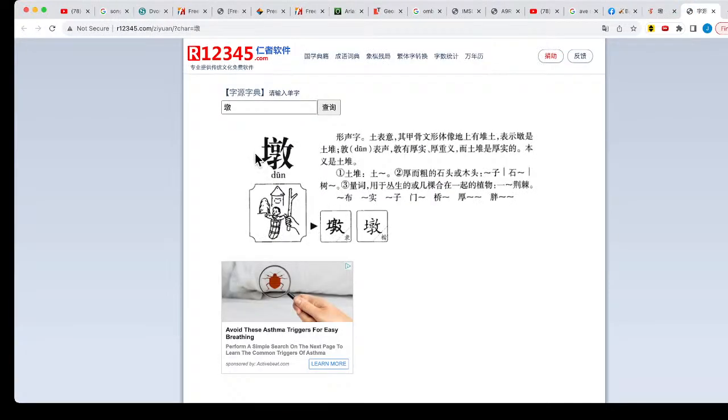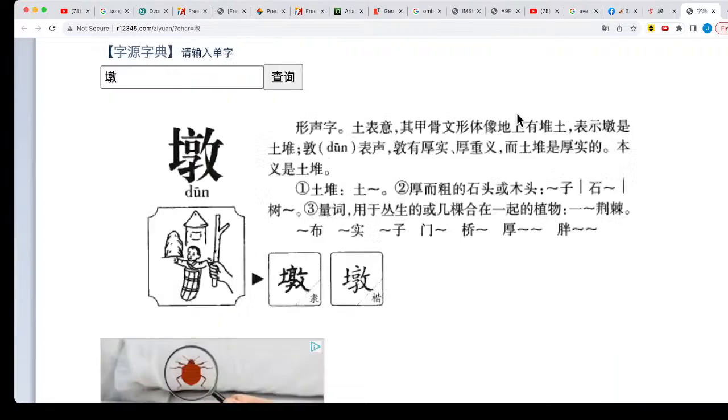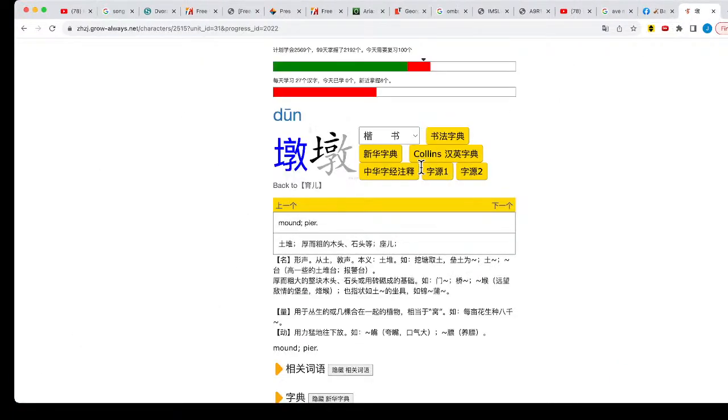And if you look at it, on the left hand side is the dirt, and on the right hand side is the word 墩. Now 墩, this word has the meaning of thick and solid. Okay, so basically this is referring to a thick and solid amount of dirt. Okay, it's called 墩. Next one,